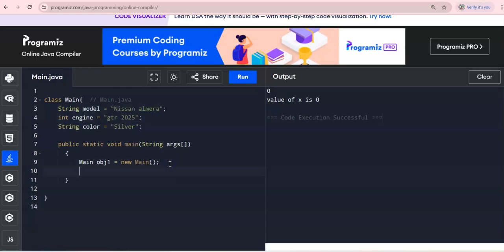So let us create all the attributes, okay? So we have to create attributes right here. What will happen? We have to say System.out.println. These are the attributes right now. And then we have here to access, of course, the first